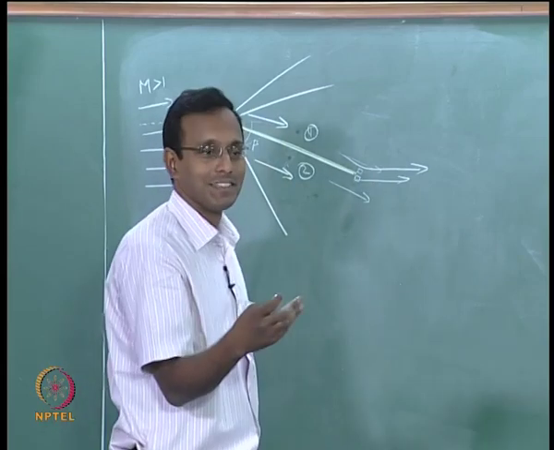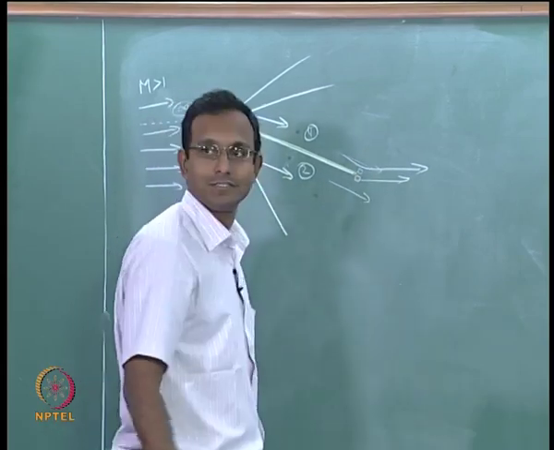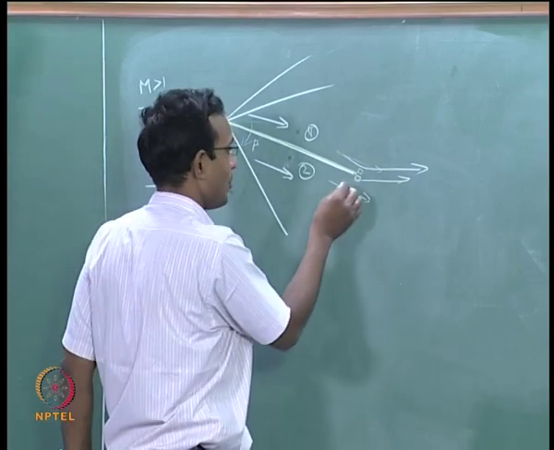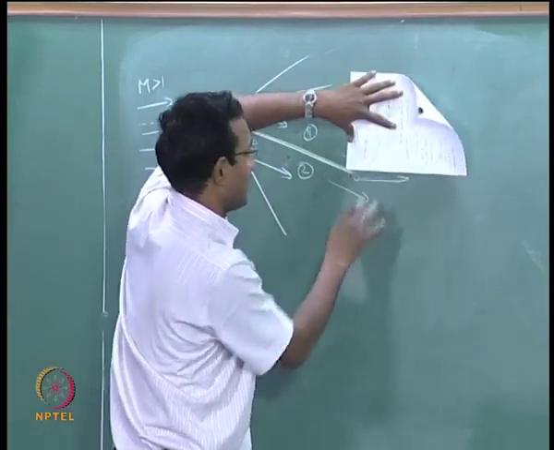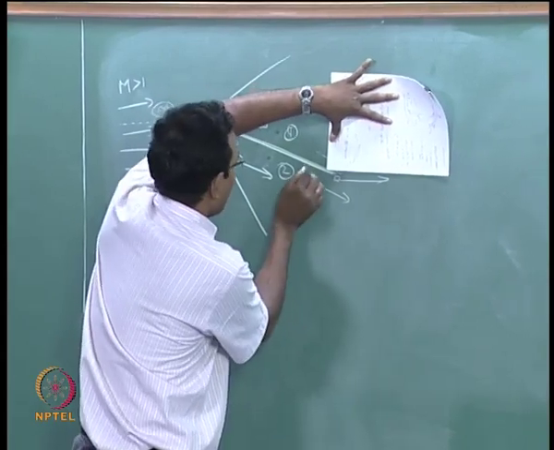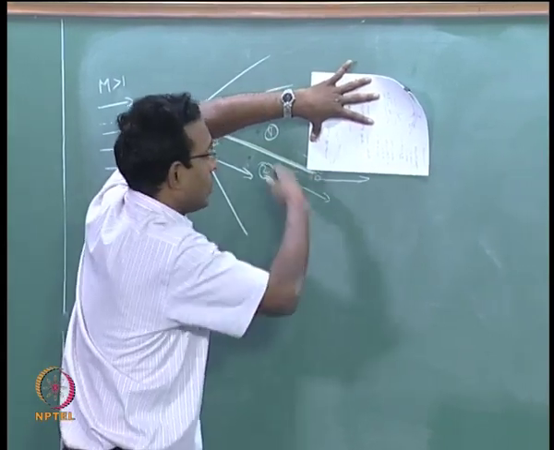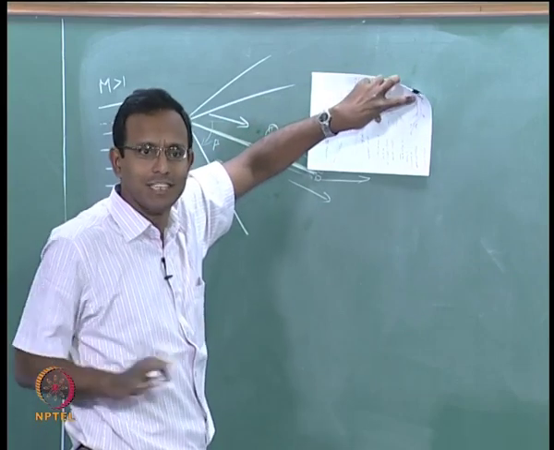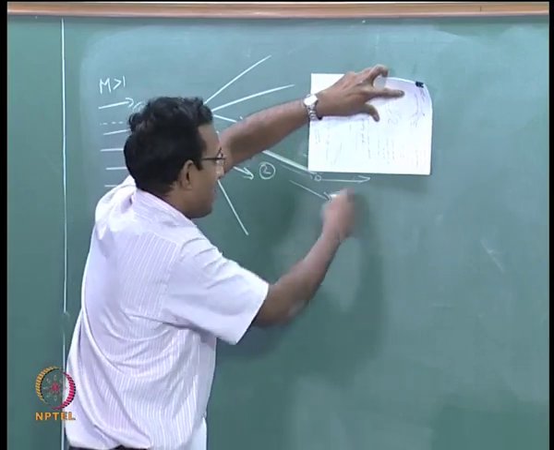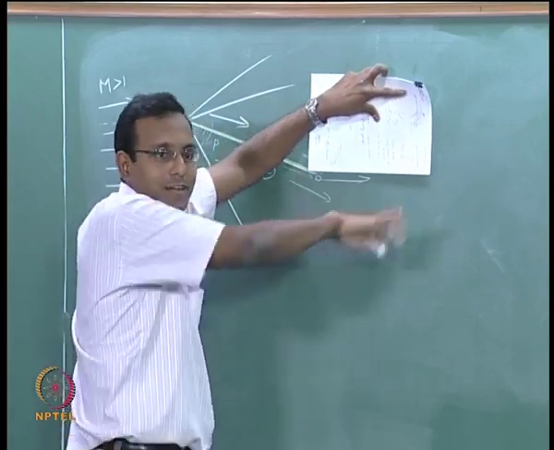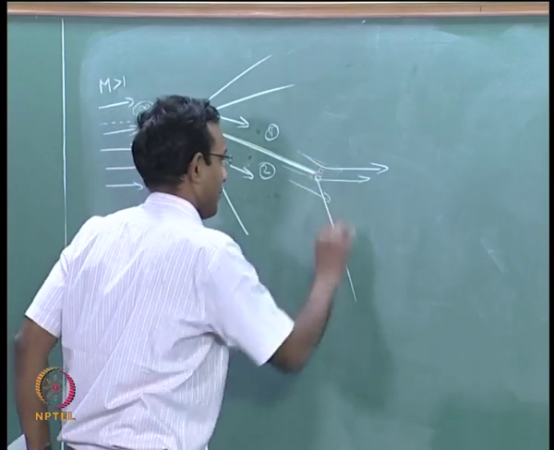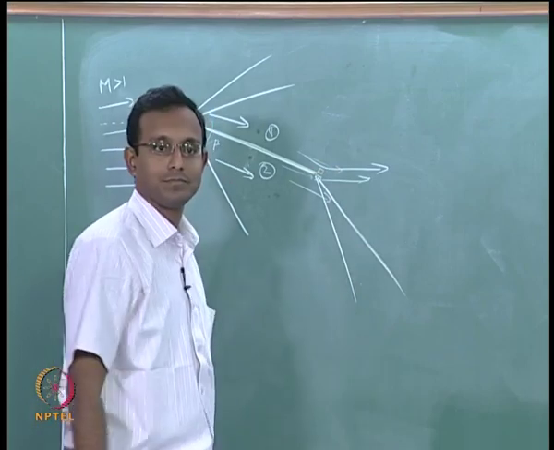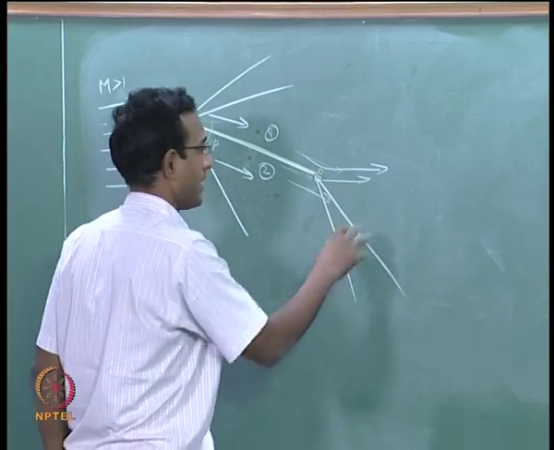A better way of explaining this is after I put the waves here. Okay. If I think about what will happen here, I will block the top side. I am having only the bottom side. Okay. I am having flow along this wall and it is now turning. I do not know by how much, let us just say it is turning, but it is turning away from the flow direction, which means it is an expansion corner. Okay. So there is going to be an expansion wave here, expansion fan here. This region is my expansion fan, let us say.